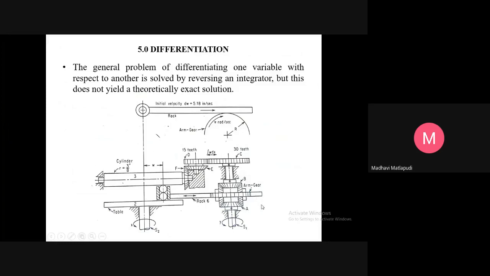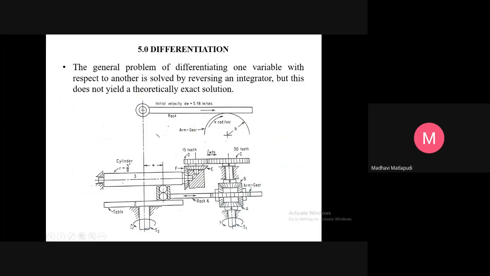Now when shafts S1 and S2 are turned, the rotations of gear A and gear B will cause the arm gear to move the rack until a position is reached which produces equal speeds but opposite directions of rotation for gears A and B. Now, how does this happen? This happens when shaft S1 rotates with Y, and that in turn will rotate gear A, and this gear A will turn the arm gear and rack with some motion.